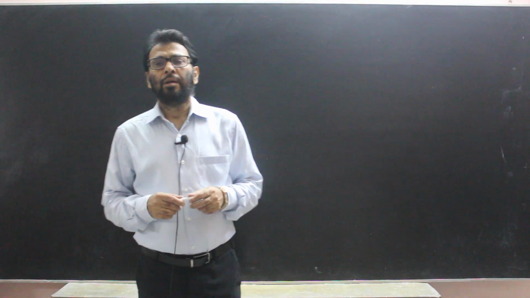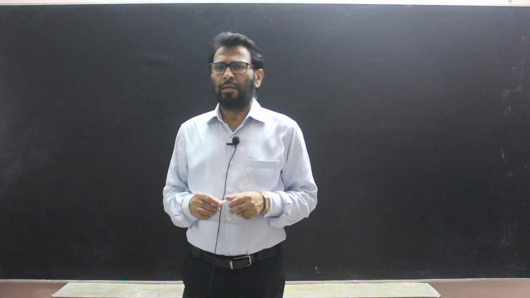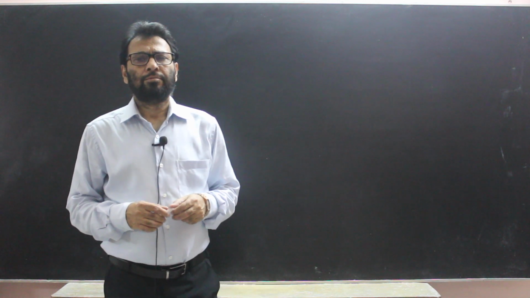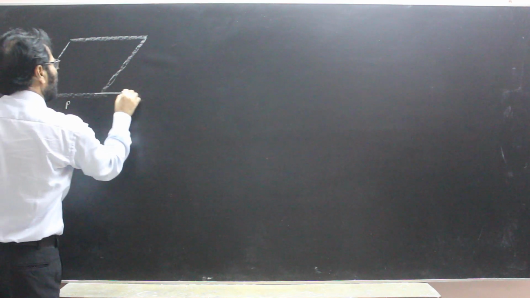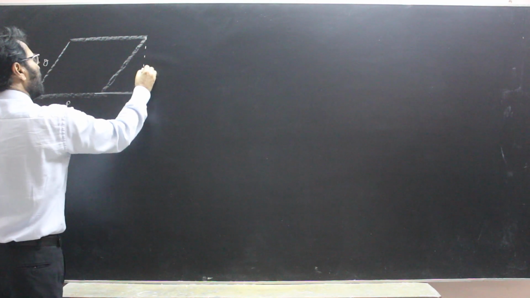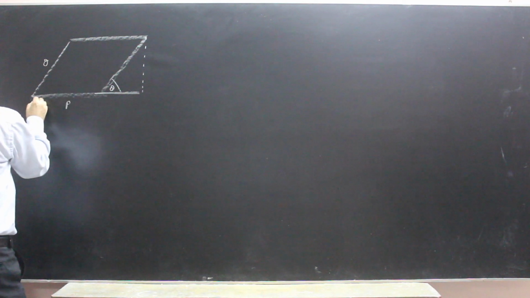तो बच्चों, हम लोगों ने वेक्टर में एडिशन और सब्सट्रैक्शन को देखा है। एडिशन और सब्सट्रैक्शन में कुछ और हम लोग डिस्कस करते हैं। जैसे एडिशन में मैंने आपको बताया था कि अगर कोई वेक्टर P है और ये वेक्टर Q है और दोनों के बीच का एंगल अगर थीटा है, तो